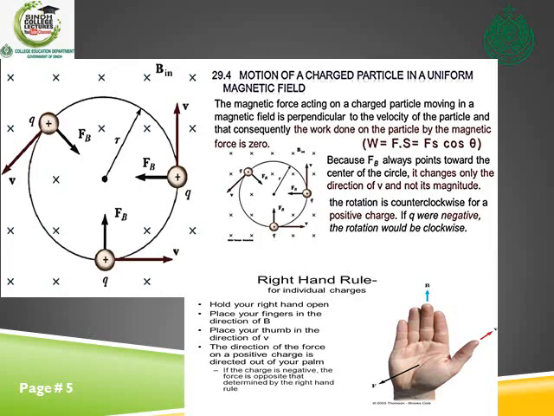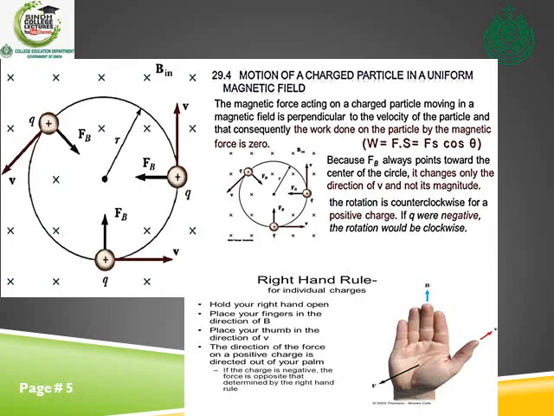According to the right hand palm rule, hold your right hand open, place your fingers in the direction of magnetic field B, and place your thumb in the direction of velocity v. The direction of the force on a positive charge is directed out of your palm, which is towards the center of the circle